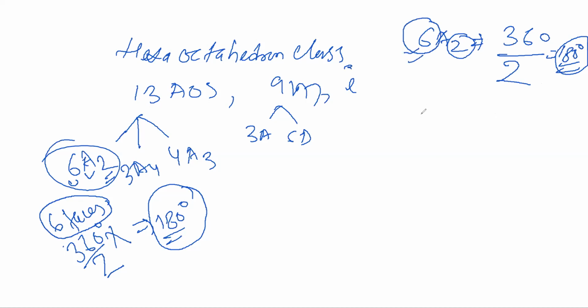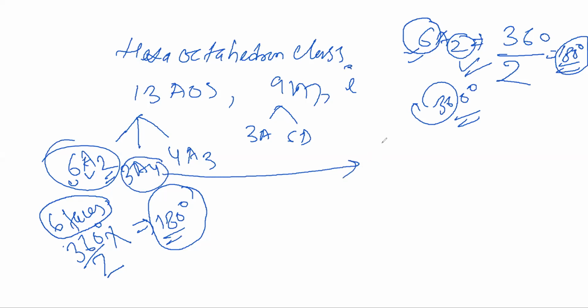6 such axes are there, along which if we rotate a crystal up to 360 degrees, we get the same face 2 times in all the 6 axes. In the same way, if we see this